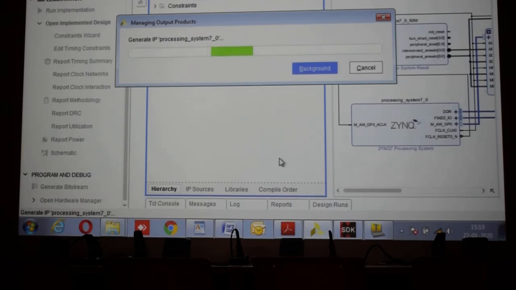See, there is a processor. Here I show you. Now, processor system reset and AXI. I told you, right? In the block, AXI and then GPIO. The GPIO is the switch. So everything, the system will come. It's a complete system you will get.